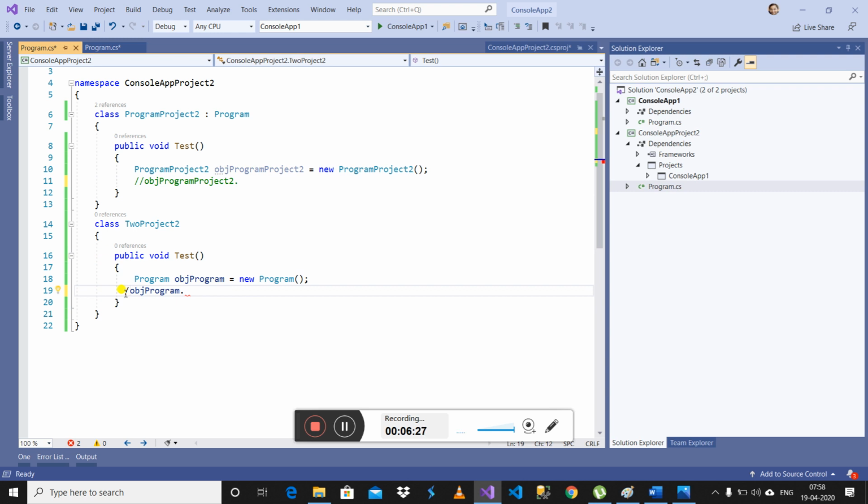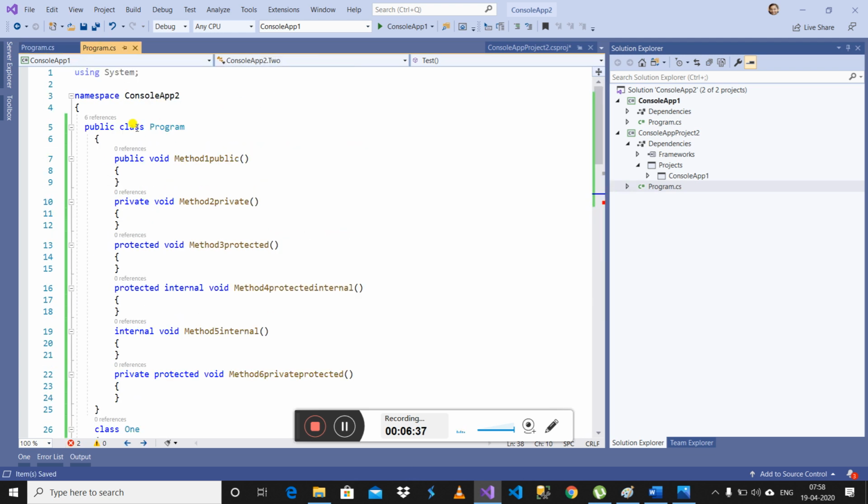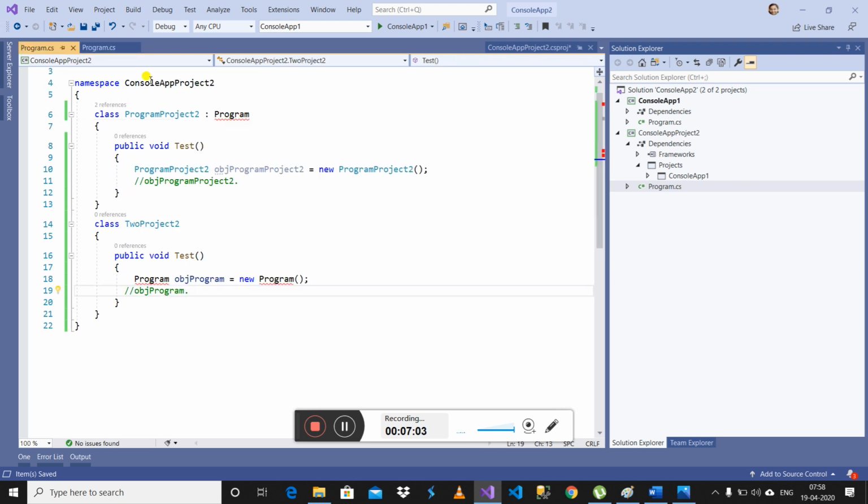One more important thing about classes: when we declare a class as public, only then can you access this class from the other assembly. Let's see. Right now I have not declared any access modifier before the class. It means this class will be internal by default. I am just checking in Program.